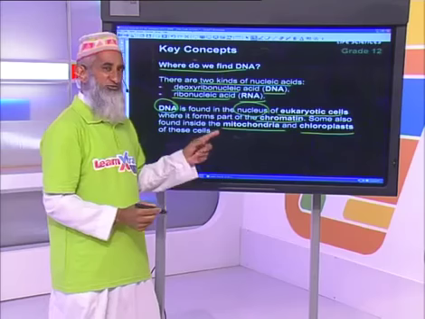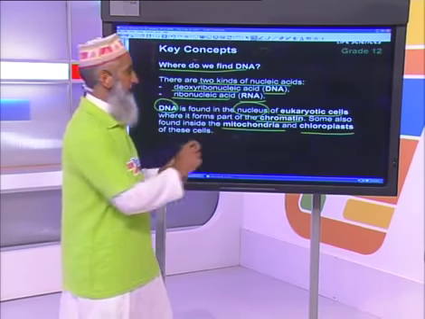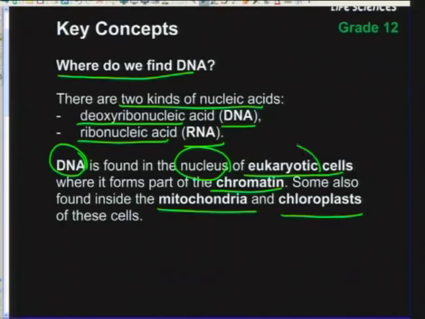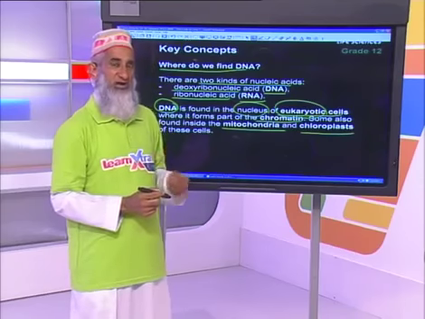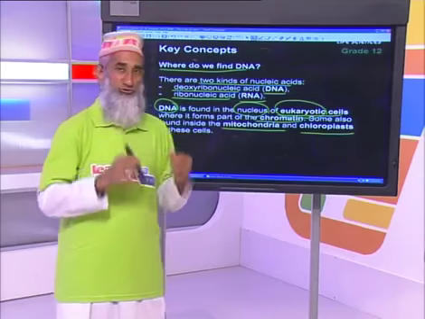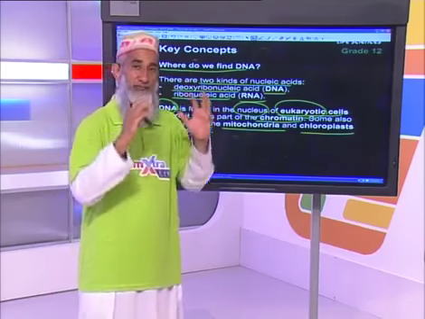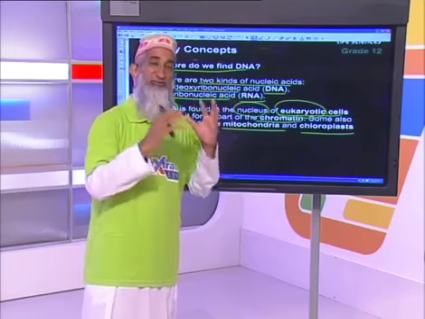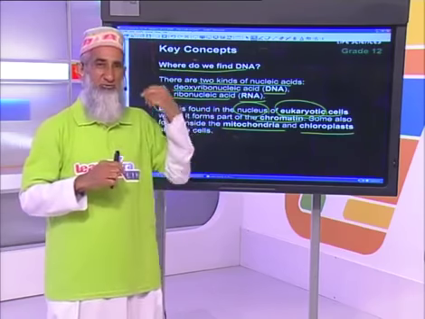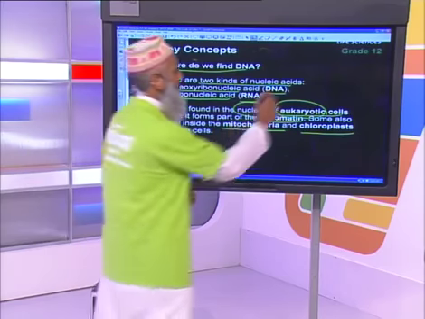Now, notice that we're talking about eukaryotic cells. What is a eukaryotic cell? A eukaryotic cell is a cell that has what we call a true nucleus. In other words, a nucleus that is surrounded by a nuclear membrane, and inside we find the nuclear material. That means the chromatin network, the nucleolus, etc. Whereas a